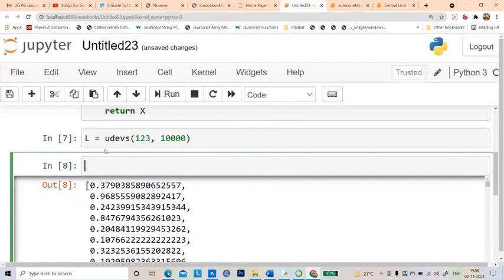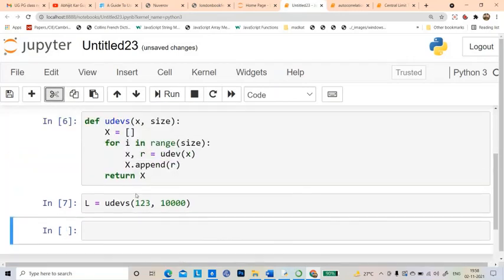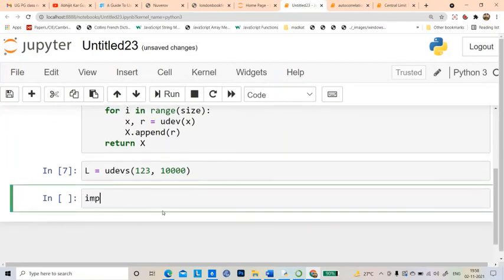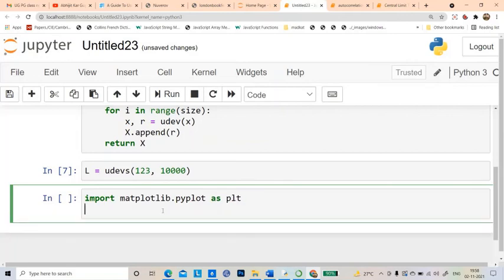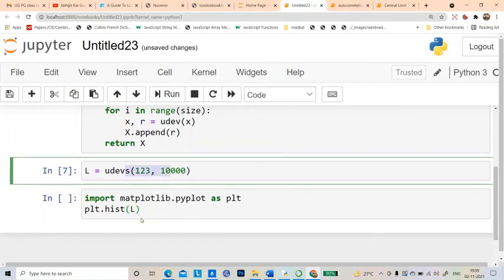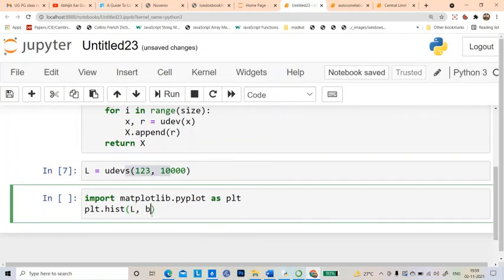Let me also plot this. If I want to see if these numbers are distributed uniformly between 0 and 1, let me import matplotlib.pyplot as plt. Then let me write plt.hist, and I write L, and then I use bins equal to say 40.